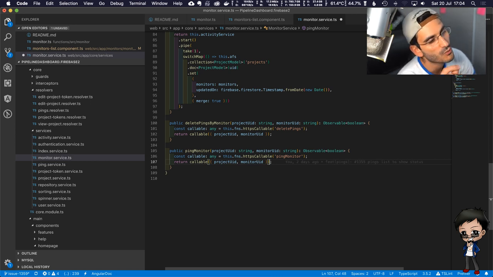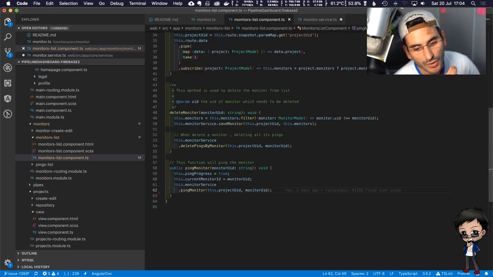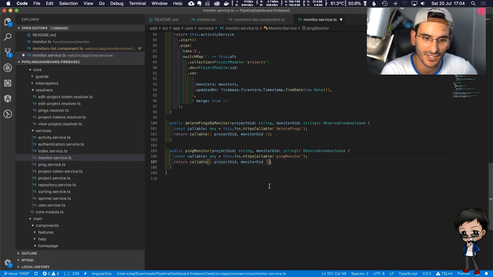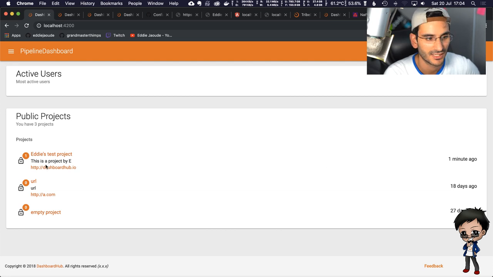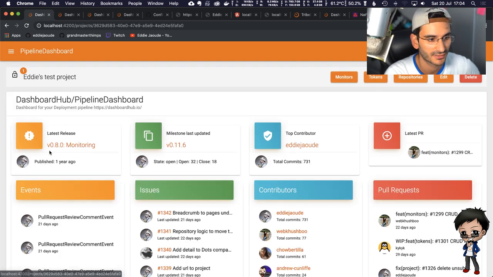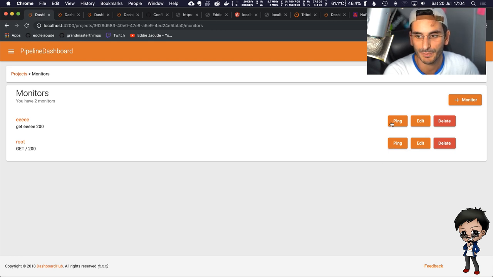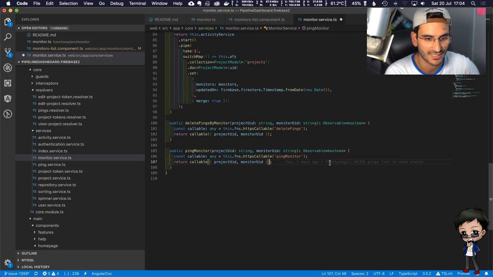Because also we want to limit it for that ping, or do we want to limit it for all the pings? Because if I limit it for all the pings, they can't hit any other ping. If I go back to here, go back to the project, go back to monitors. If I put it in the service, I need to store which ping it was, otherwise it will limit all the pings for that time.